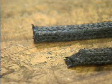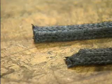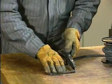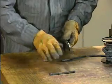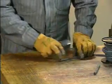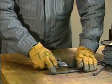Though a miter cut is more difficult to make correctly, it generally holds more pressure. There are other specialized cuts, but the butt cut and the miter cut are the two most commonly used when packing is cut from a spool. After the first ring of packing is cut, stretch it out straight and mark its length on the wood with the knife. Then additional rings of packing can be measured against the marks and cut to match the length of